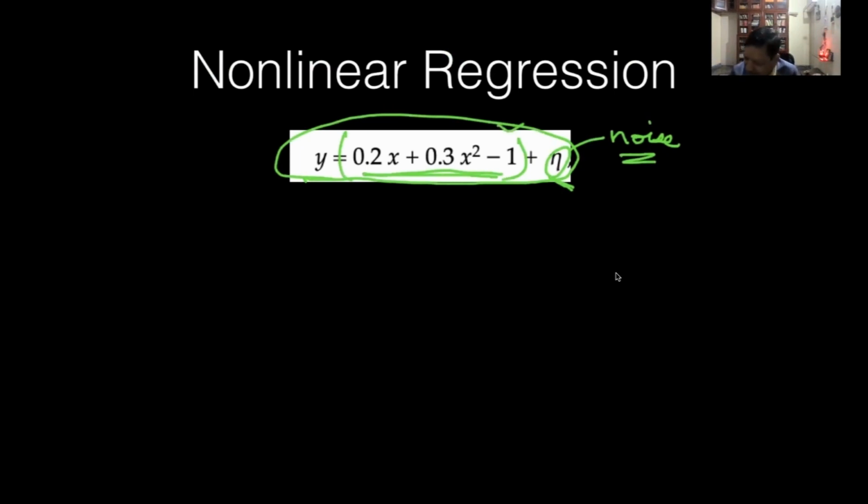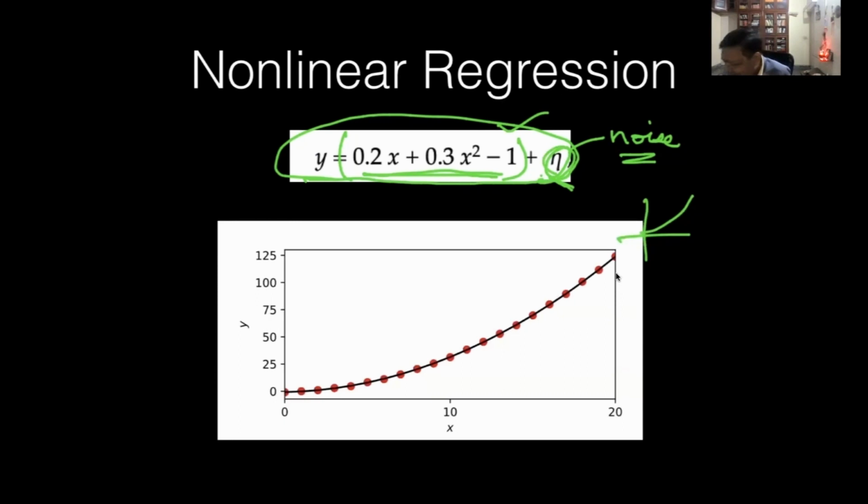If this function is given, then it will be some function, there won't be any spread. But with eta, there will be some spread. So there's some spread, but this line is not exactly the same as this line, because of the noise. Now, if that is the case, how do I find a fit to this function? Well, a fit to the data points. Where are the data points? For many x I have chosen, I get a value of y, and this is sampling, and I want to